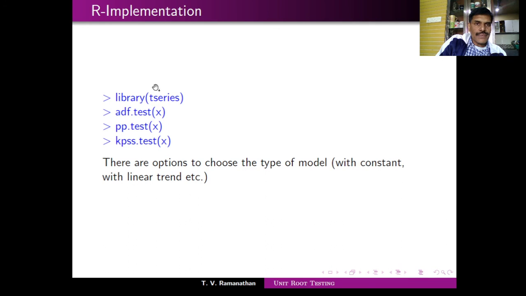Now the R commands for this are pretty simple. Execution of these tests is one line. If x is your time series, adf.test will give you the test statistic, the p-values and everything, and you can just decide. Of course, you have to be careful when you use all three of them, because the null hypothesis is different. The null hypothesis is not the same for this and these two. For these two, the null hypothesis is the same, but this null hypothesis is entirely the opposite one. So when you apply them, the interpretation has to be done appropriately. Otherwise, the R command is pretty simple.